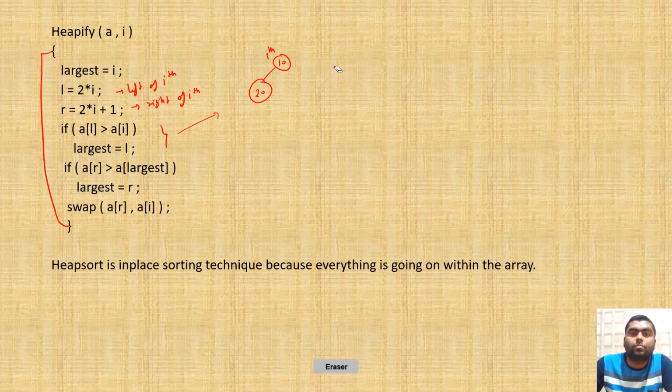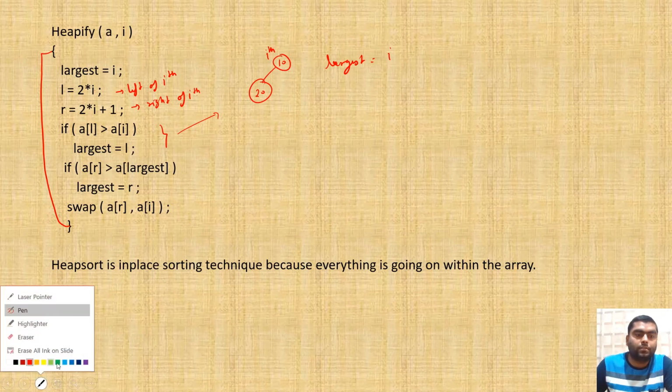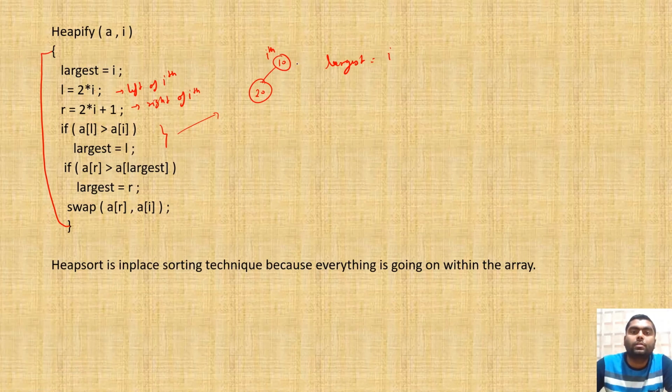So largest value is this I. Or another way, you can take it as some indexes. Let us suppose this is 1, this is 2. So what is the largest value? Largest value is just assumed as I.